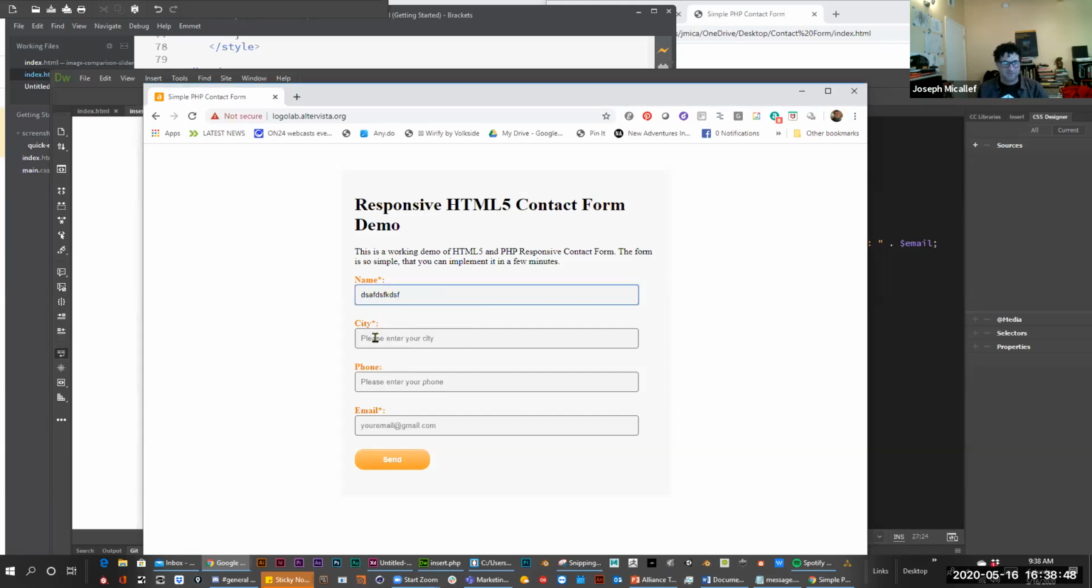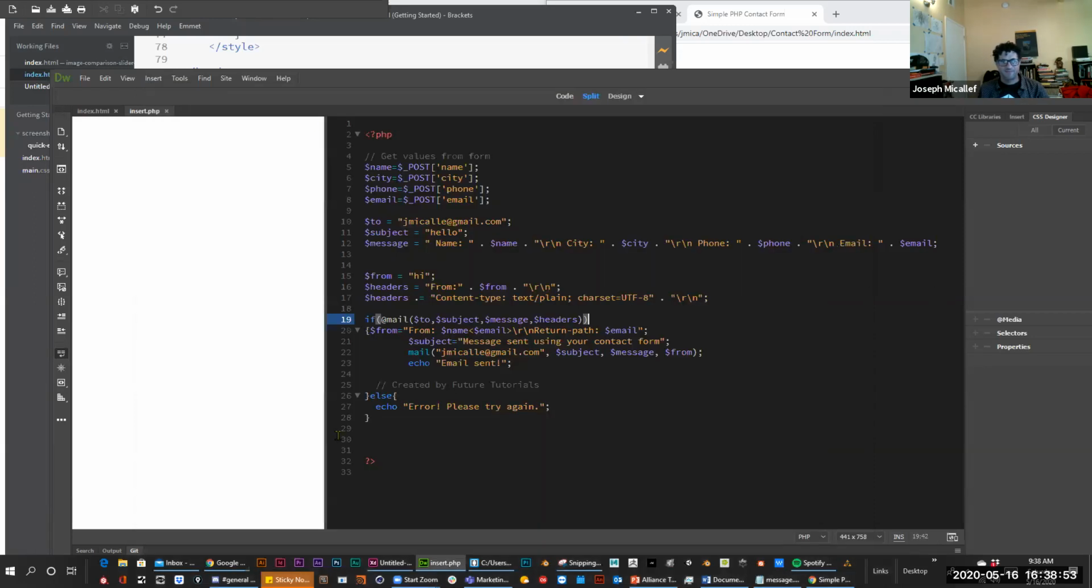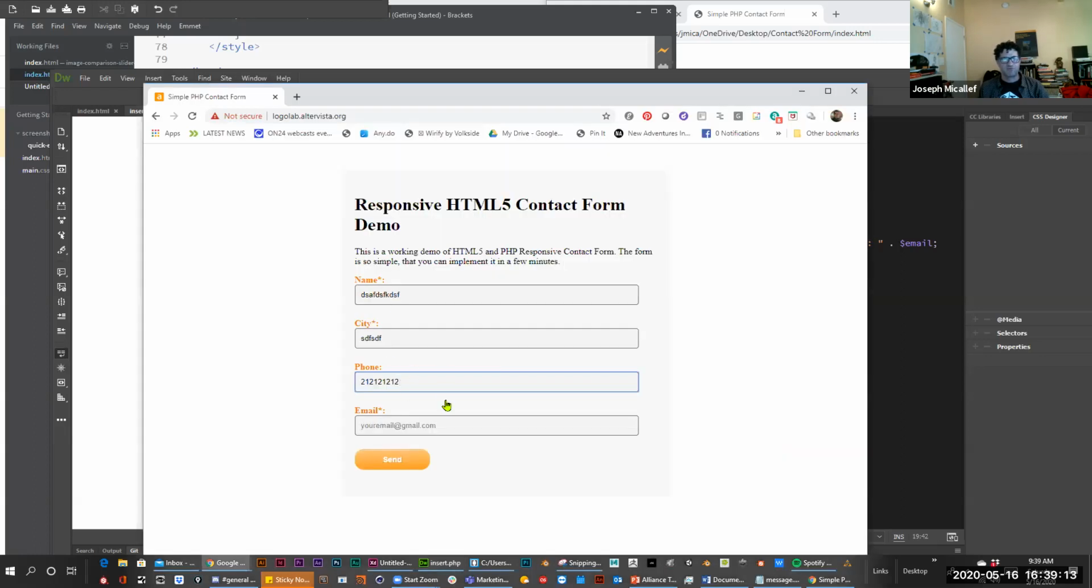Now here I'm just going to fill in nonsense, because in this PHP document, it's very simple, and there's no error checking. So I'm not going to get into all the details of PHP, but you could have a PHP form that would check to make sure that I am putting in a proper phone number, and that I am putting in a proper email. But really all the form cares about is that these fields are filled in. So I hit send,